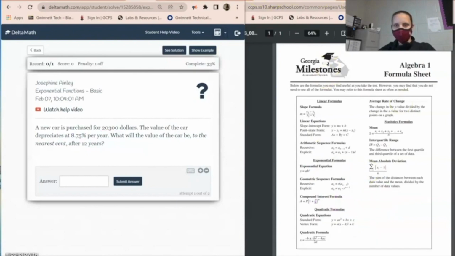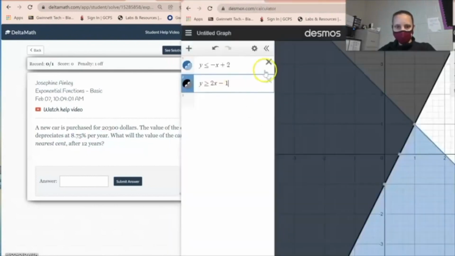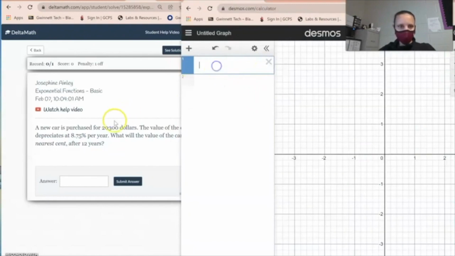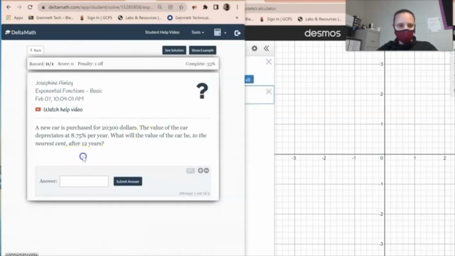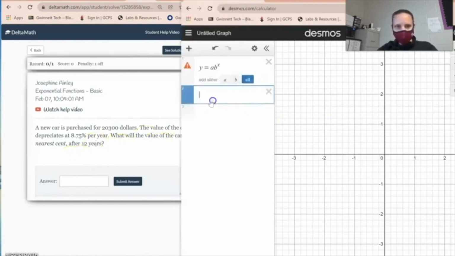So on the calculator real quick. So it is y equals a b raised to the x power. So I'm just showing you what it is. So what is this? What is the value? So it's asking me what is the value. So my starting A in my question is